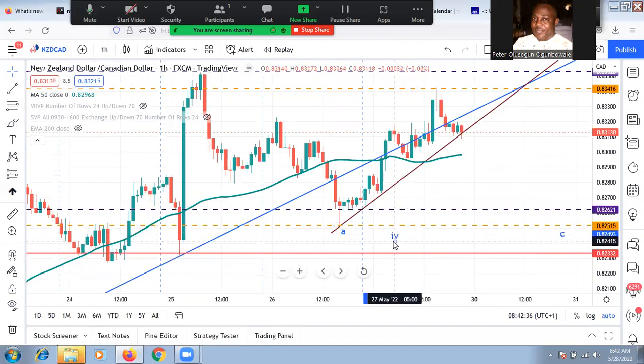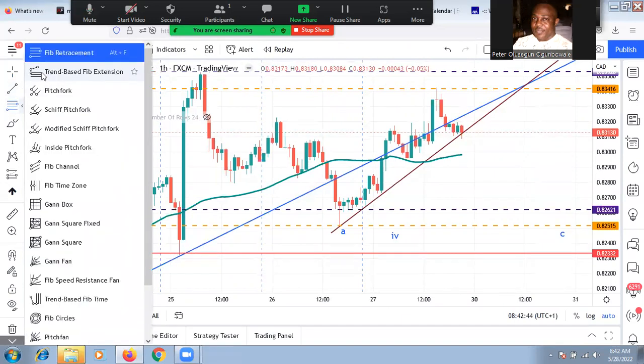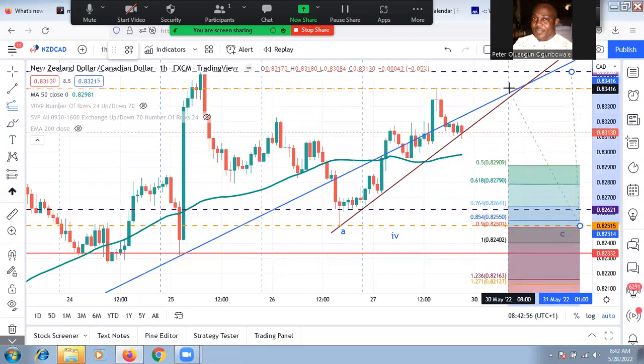In case C does not break lower than this. If C is going to break lower, let's see the possibility of C breaking lower, because it's a 90. If C is going to break lower from this point to the lower point of A, then we are seeing that C may stall around